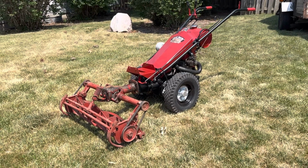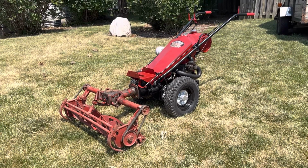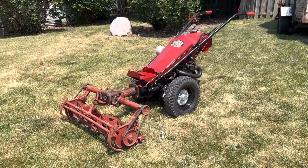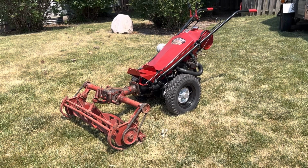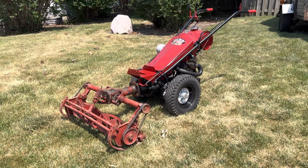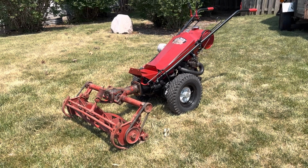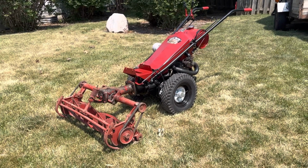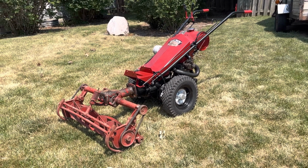Hello everybody, this is my 1955 Gravely Model LI garden tractor. I bought this machine last year and just finished restoring it this spring, so I figured I'd bring it outside, do a quick video to show you the finished product and explain what all had to be done on this. I had bought this from a young man who I believe inherited an estate, and the gentleman who